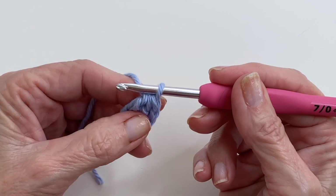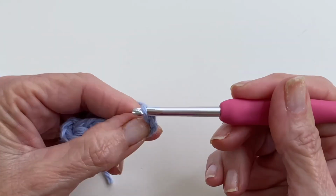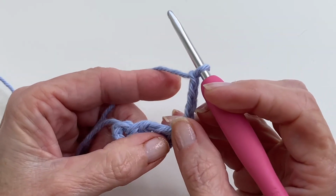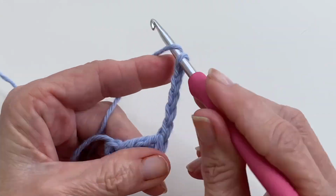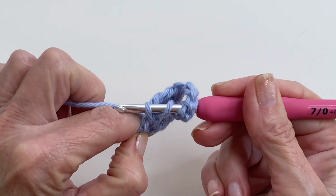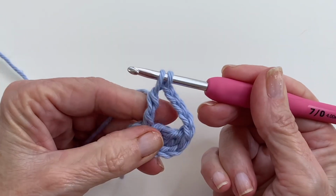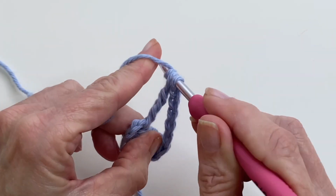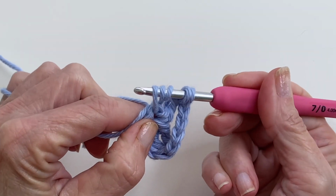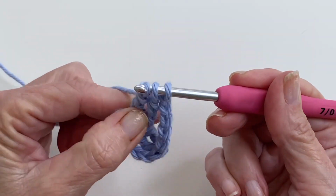Now we're going to do a chain of 5. 1, 2, 3, 4, 5. And we're going to repeat this into the center again. 3 treble crochets together. Yarn over twice, going into the ring, pull the yarn through, yarn over, pull through 2, yarn over, pull through 2. Yarn over twice, going into the ring, pull your yarn through, yarn over, pull through 2, pull through 2, and